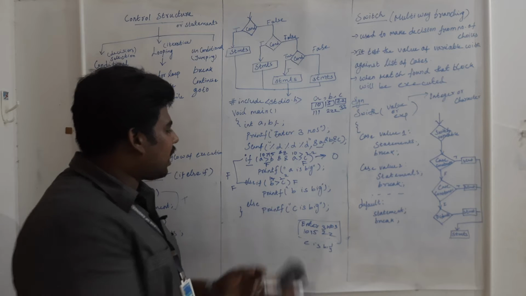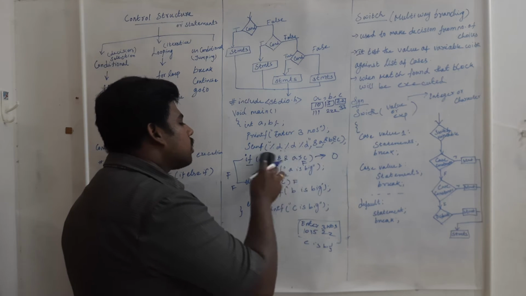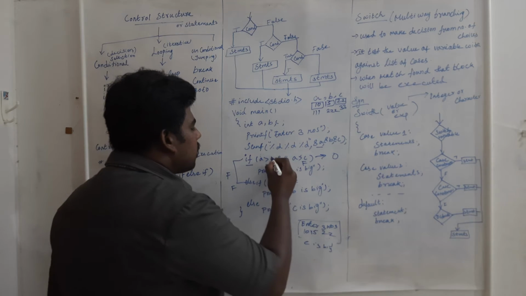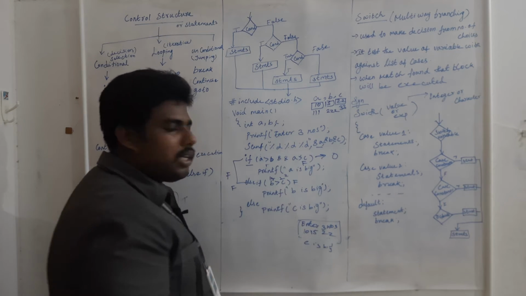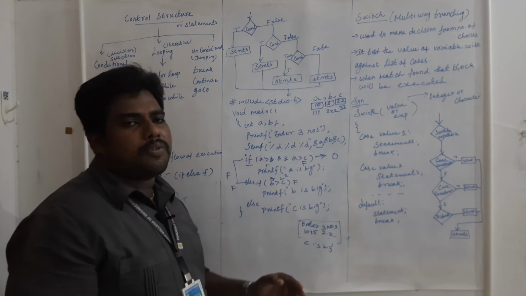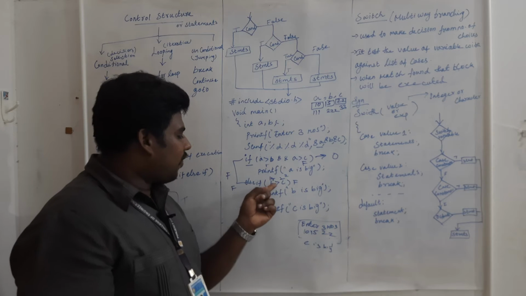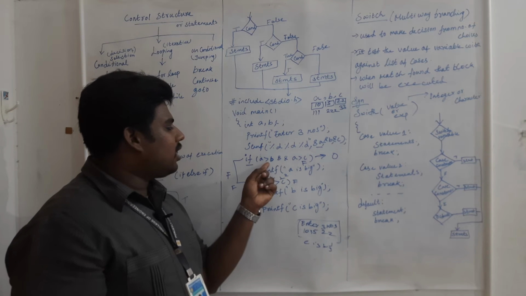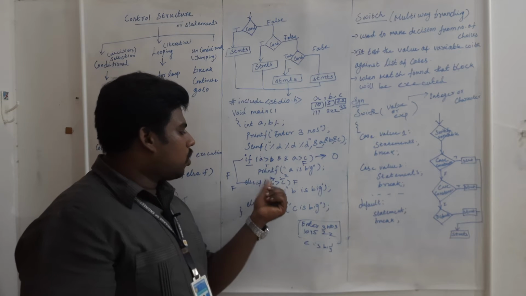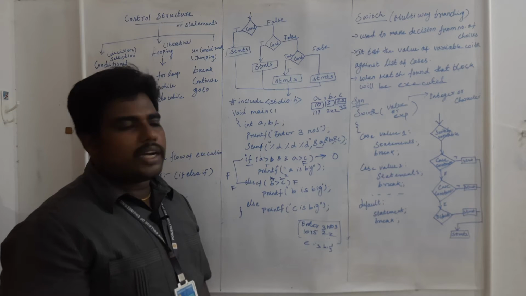See here, in the first condition I checked both. I am comparing A with both B and C. Suppose A is small, then only the first condition will be false. That's the reason I am checking B is greater than C. Otherwise I would compare A greater than B again. Already it was checked, so I am comparing only B greater than C. All of you got it?